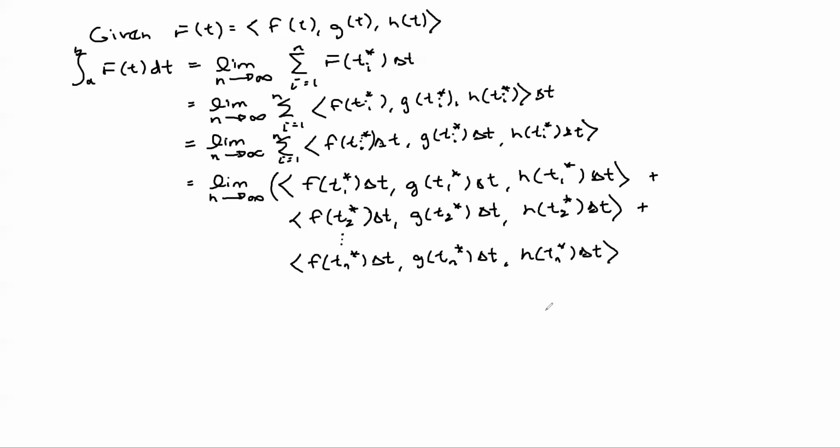Okay, and now it's a little bit clearer that if you wrote this out this way, if you're going to add all of these, you add component-wise with vectors. So we would add this to this to this, this to this to this, this to this to this. And so we would end up with the limit as n goes to infinity,